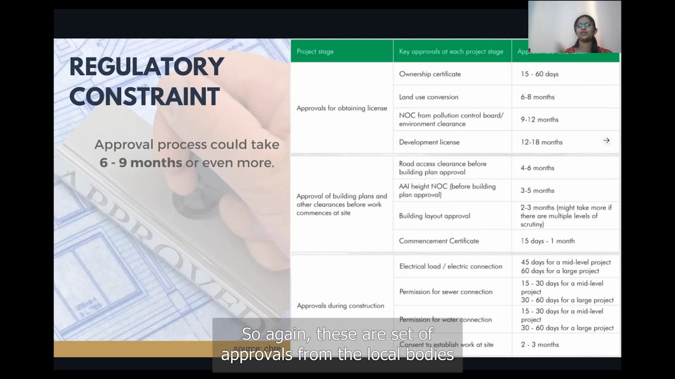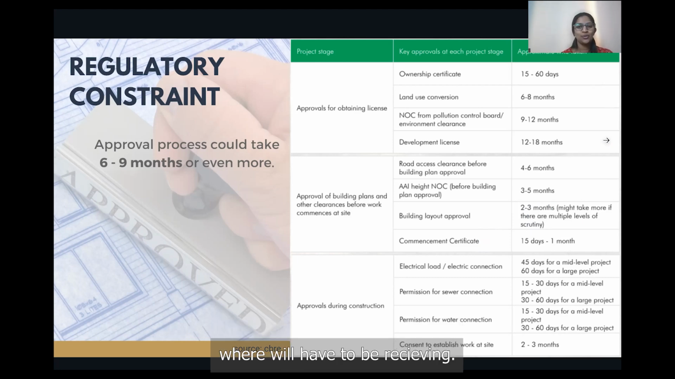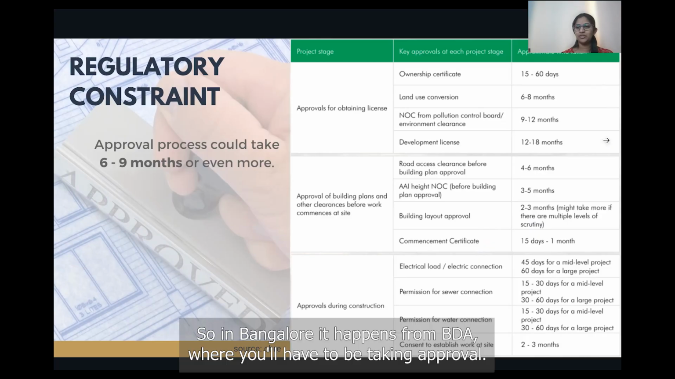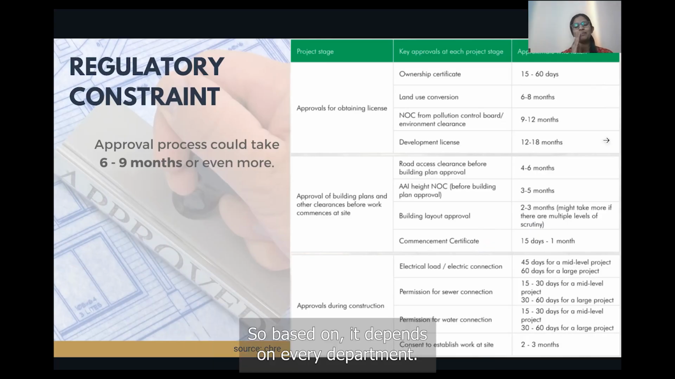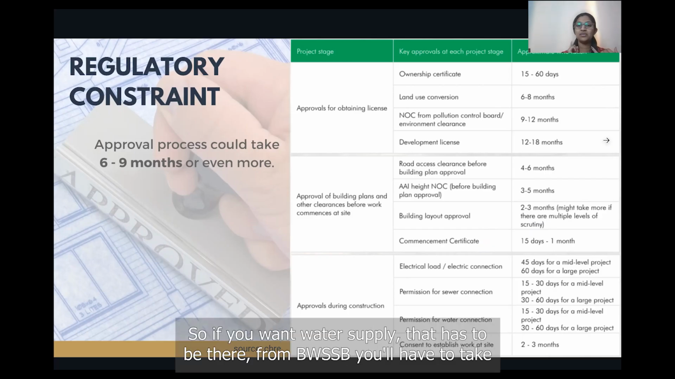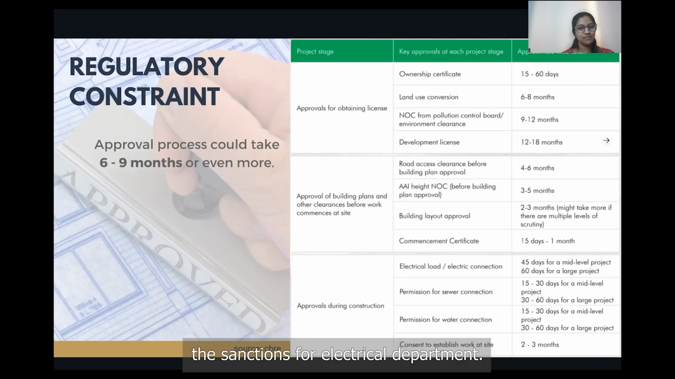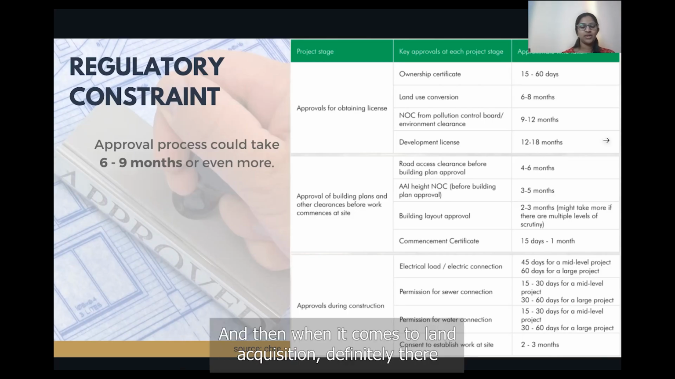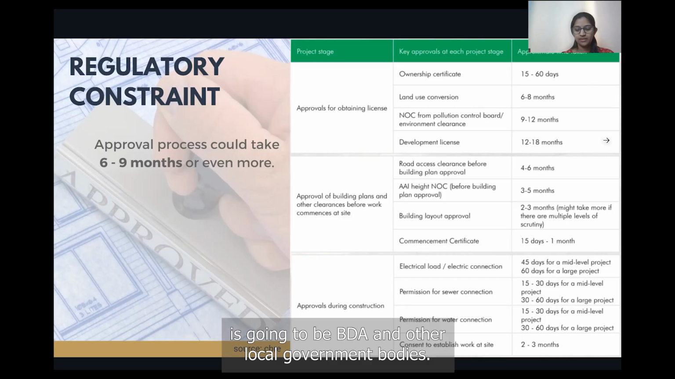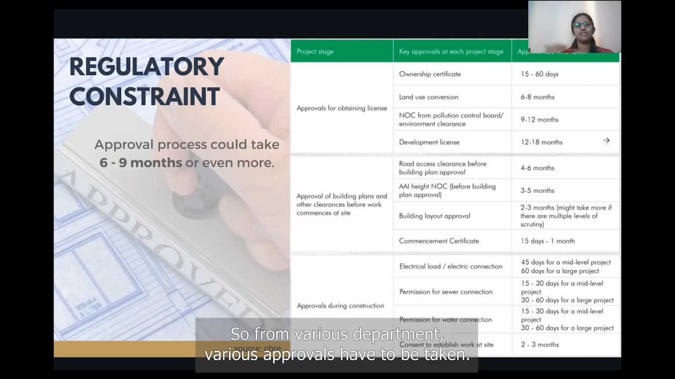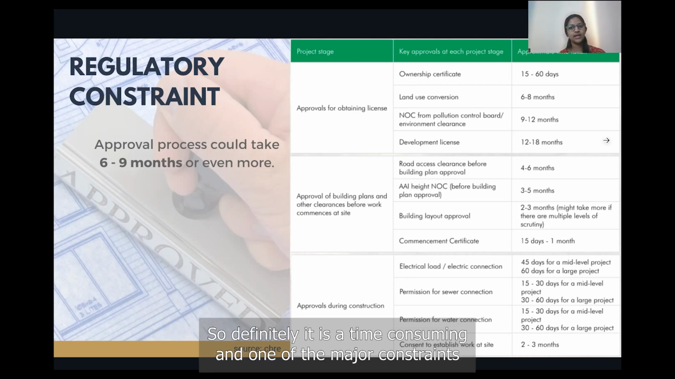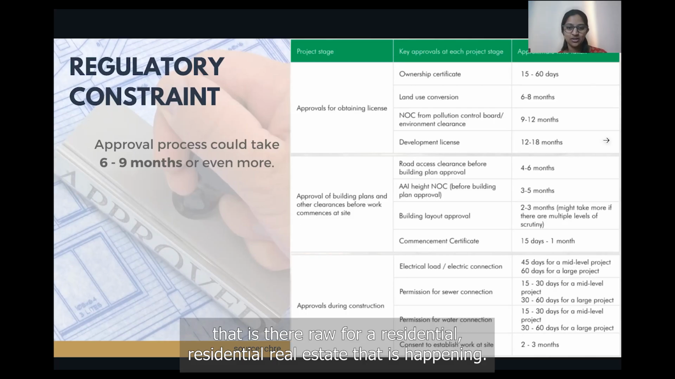So again, these are the next set of approvals from the local bodies that you'll have to receive. So in Bangalore, you'll have to take approval from BDA. It depends on every department. So if you want water supply from BWSSB, you'll have to take the sanctions. For the electrical department also, it is going to be the same. And then when it comes to land acquisition, definitely there is going to be BDA and other local government bodies. So from various departments, various approvals have to be taken. So definitely it is time consuming and one of the major constraints for residential real